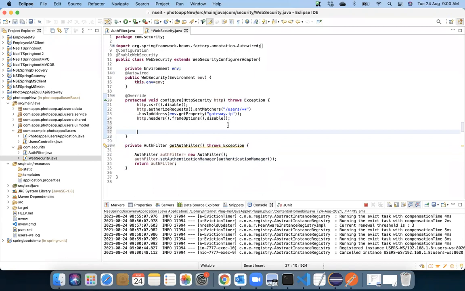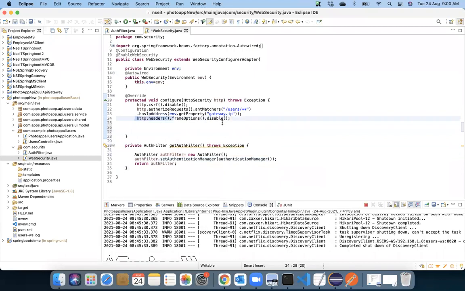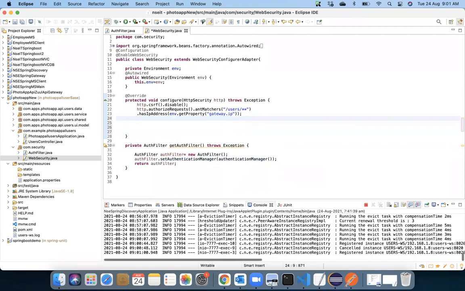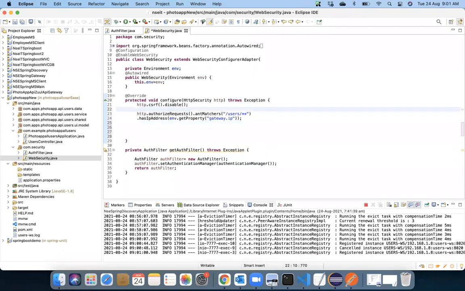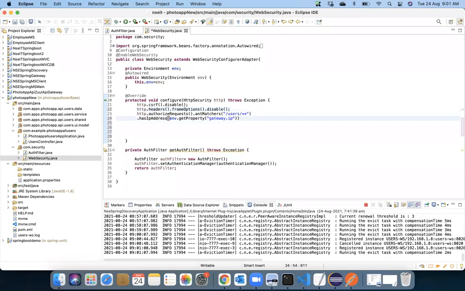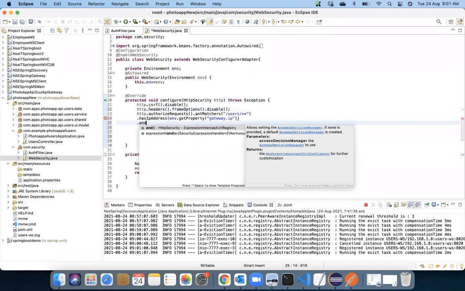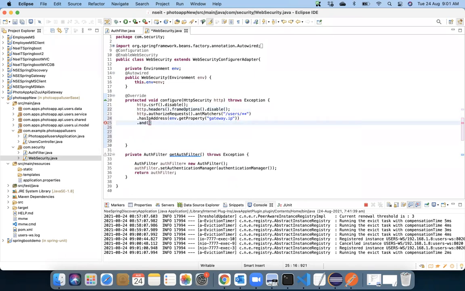When you say disable HTTP headers or whatever, let me try to put this above. The gateway IP address we've given. Now you have to say dot, and that means continuation.